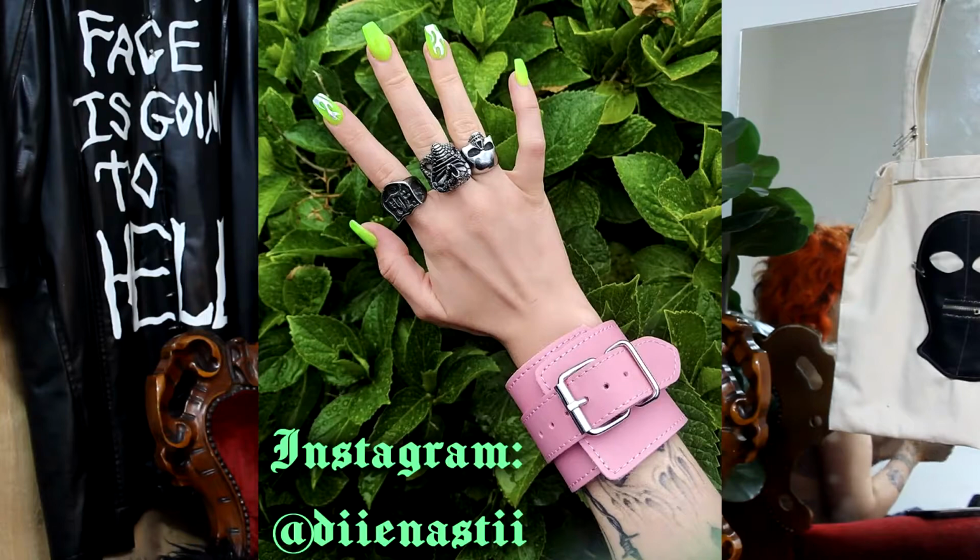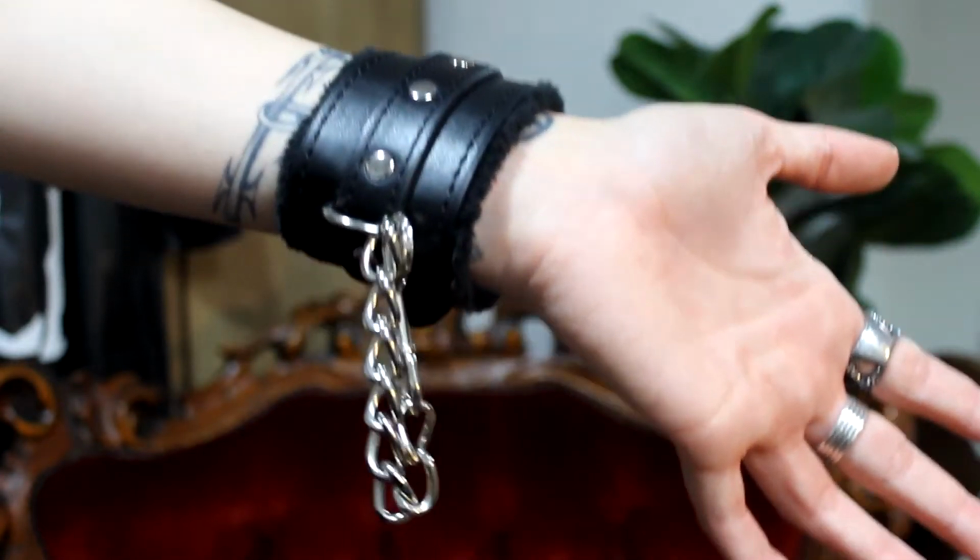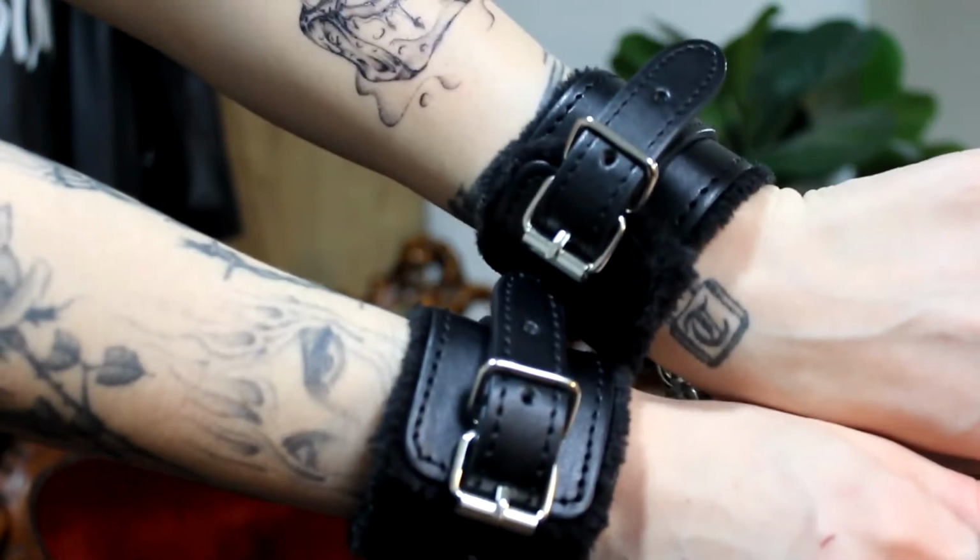Lord hope not. But I like to wear cuffs like this as bracelets. So I'll put a photo up of me wearing some pink ones that I have as bracelets, so you can definitely see where I'm getting at. But they are just some standard black cuffs, not leather, with the studding around the edges and the chain in the middle. They're actually very comfortable bracelets, but I just like them as accessories. So I don't really have anything else to say about that, but yeah, when I saw them I was like,